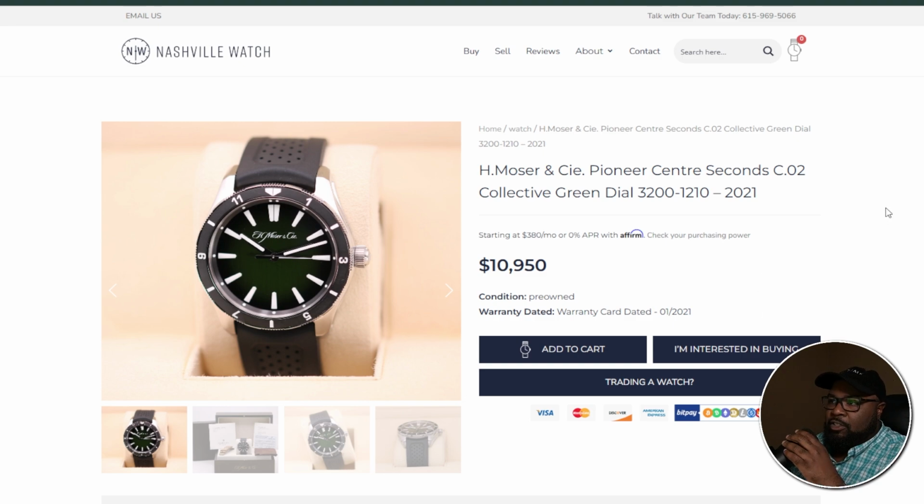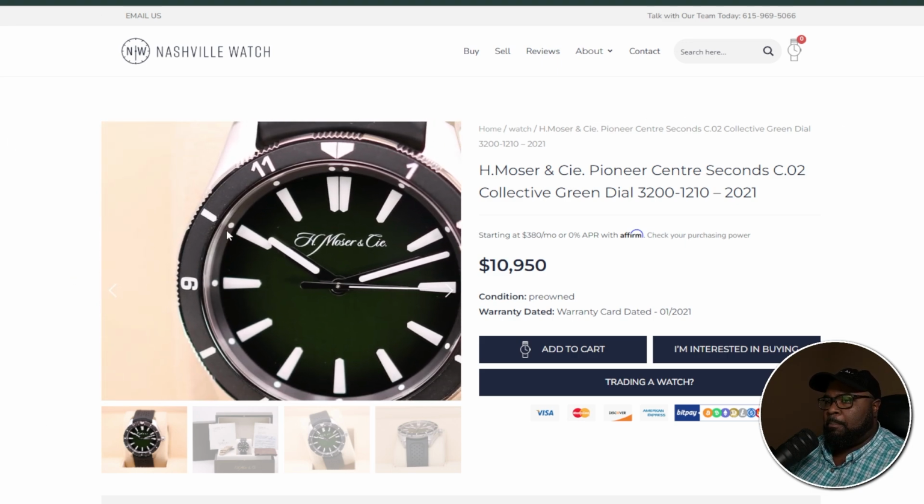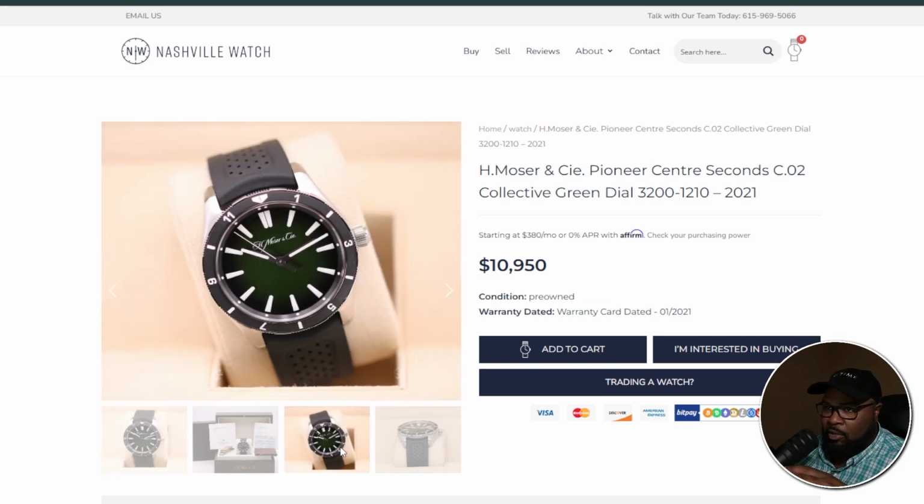This is the Pioneer Centre Seconds, the Collective green dial, the Collective version. The Collective is an interesting group. You could Google them. Shout out to those guys over there. And they make collaborative pieces with a lot of great brands. So here we have this Pioneer, and it's basically the same watch, except the bezel is now a rotating bezel, which I think is the first time they did a rotating bezel, and this has a really deep green dial that,